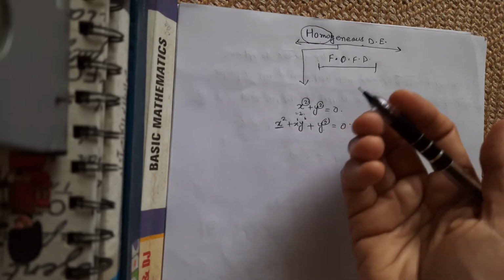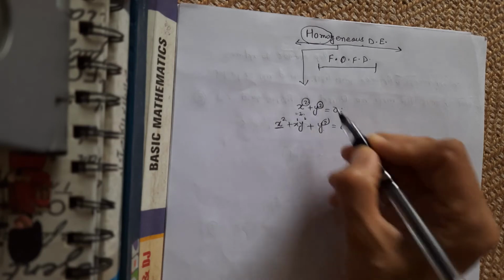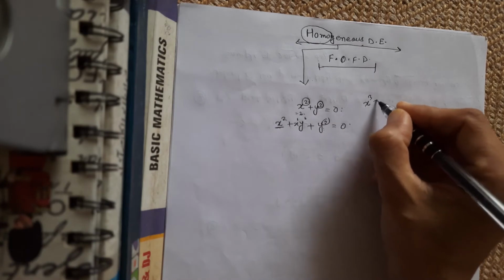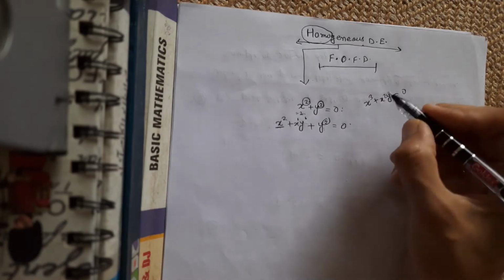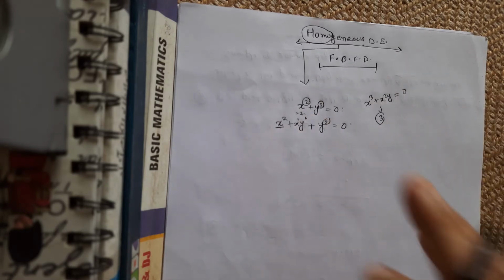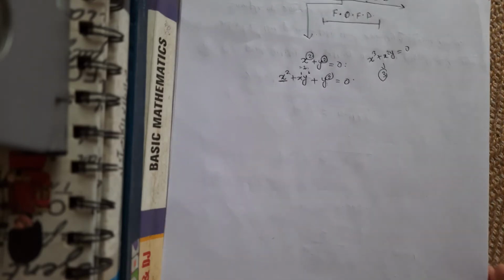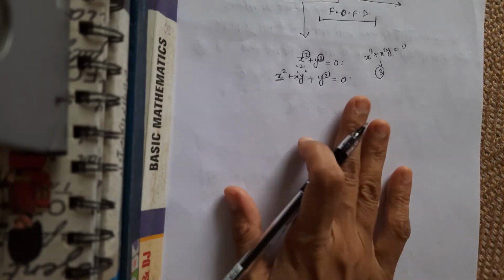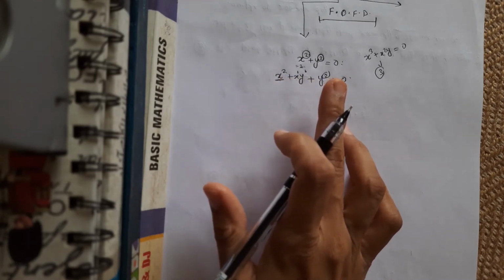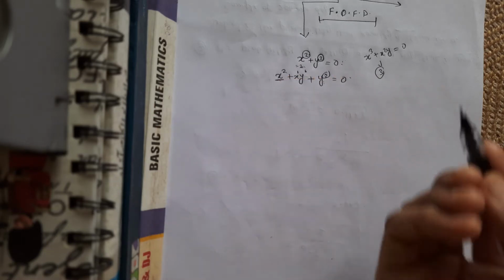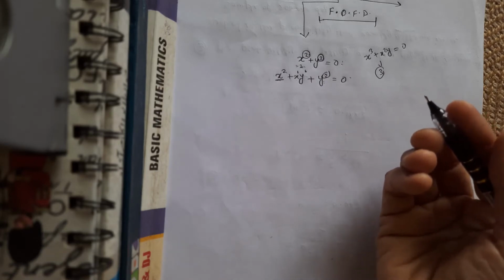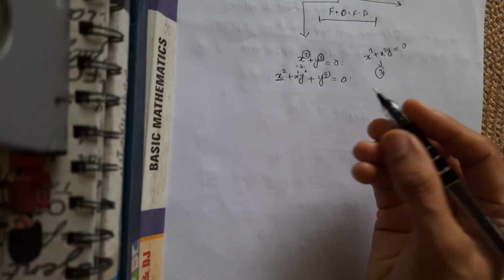So this is called a homogeneous equation of second degree because the power is 2. If I have an equation x cube plus x square y equals 0, now this is a homogeneous equation of degree 3, third degree. Okay, so that's how it is called a homogeneous equation. Now if you are confused, it is a very simple thing. You just need to check the power of each term, and if all of them are equal, then that is a homogeneous equation.